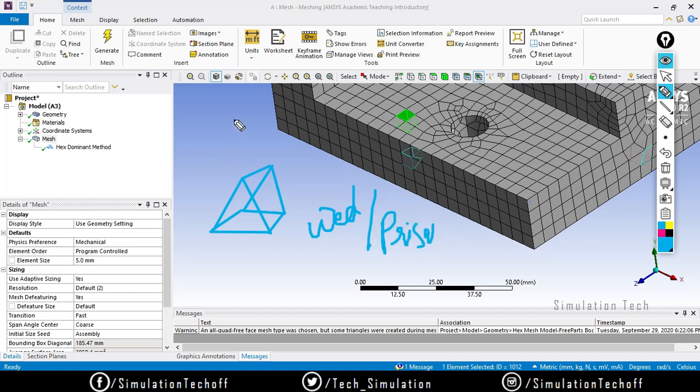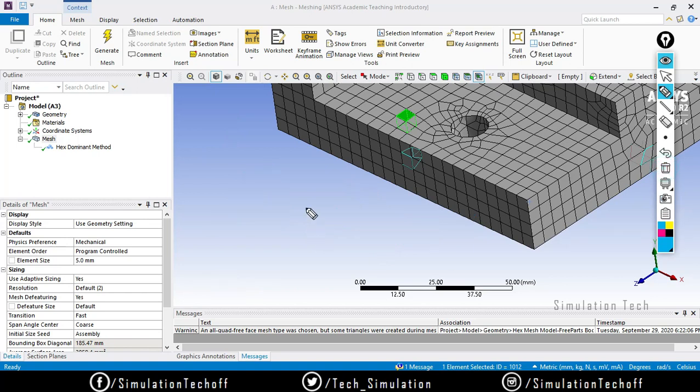So in some cases only, if you are using a hex dominant method, then it creates a prism element. But if you are using tetra meshing, which we used in our STD session, and you have a triangle, it probably creates a tetra element. How it is actually created: you have a node in the perpendicular direction of these faces, and after that it tries to connect these 3 points. This extrusion of a triangle is a prism. But if the extrusion of the triangle connects only one point, then that is tetra meshing.